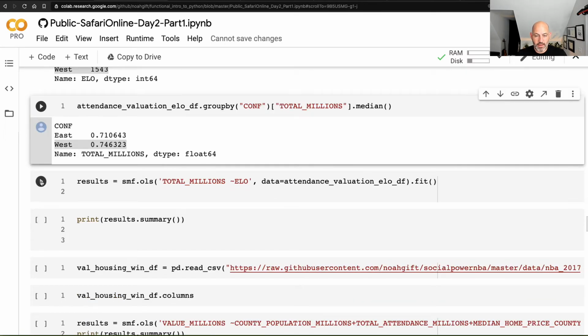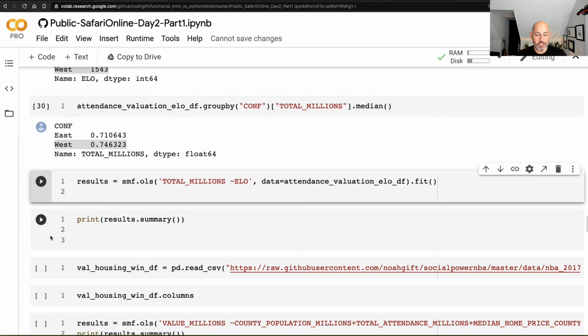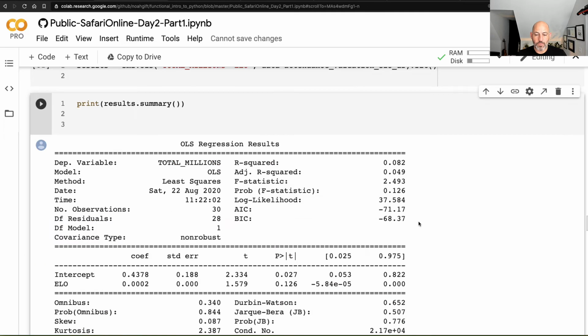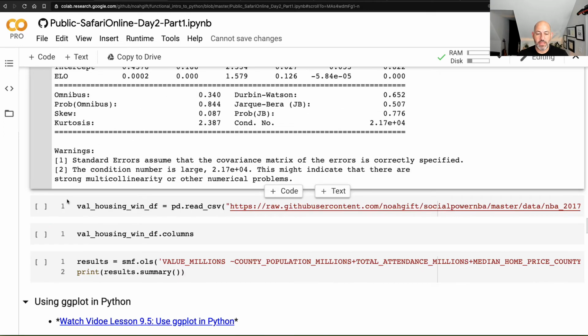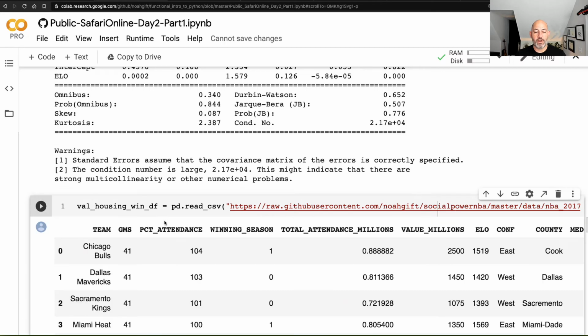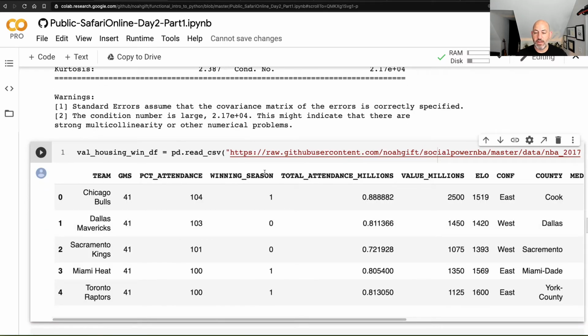So if I go through and I try to do a regression against that, what we see is that actually, there's a signal, right? So we can use how good the team is to predict their attendance, but it's a very weak signal. So then I would think maybe I need to add more information to this to start to create a prediction. So then what I do here is I add in